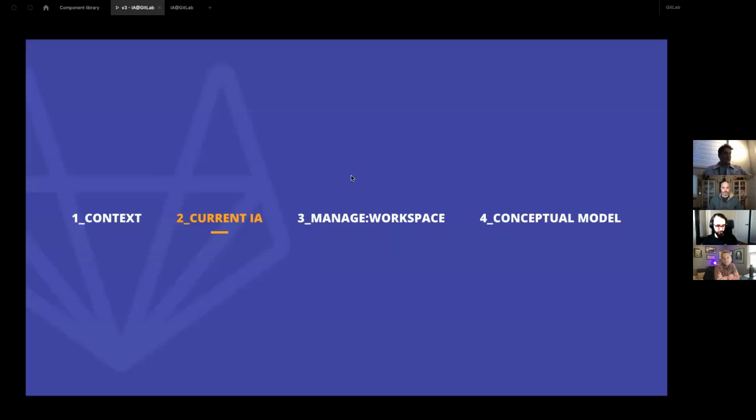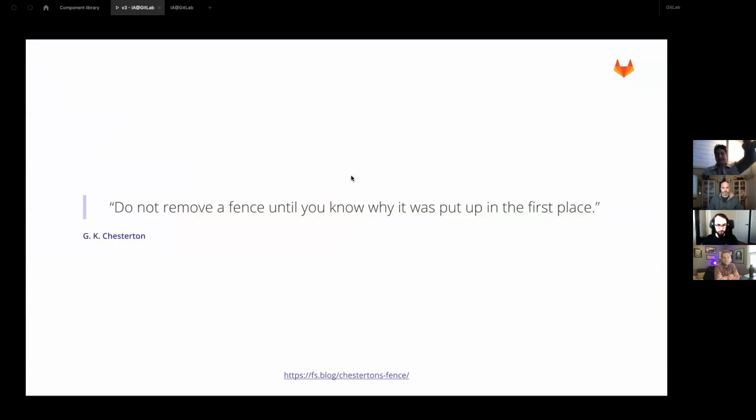But first thing I wanted to do was actually check out our current information architecture and understand it myself. And I really like this quote from Chesterton about, before going and breaking anything, it's useful to sort of understand why it was put up in the first place. So before I actually go and do anything to our information architecture, I want to understand the rationale as to why things were put up in the first place the way they are. And this I will try and communicate to you in the next 5 minutes